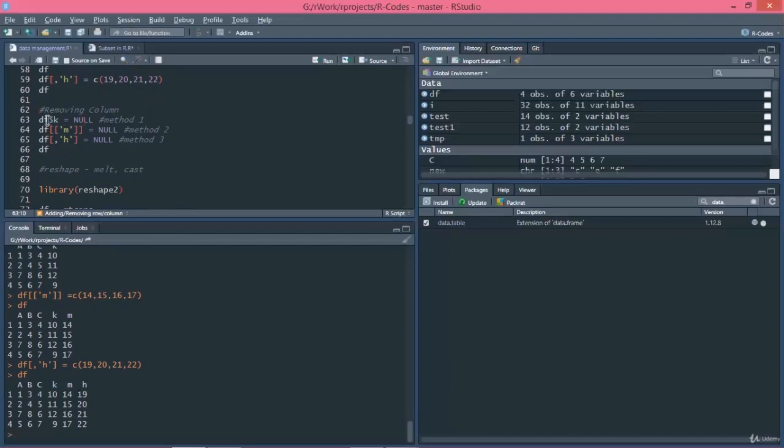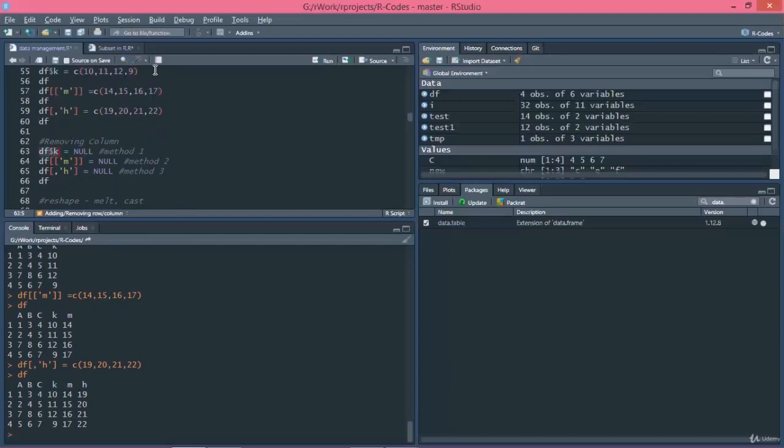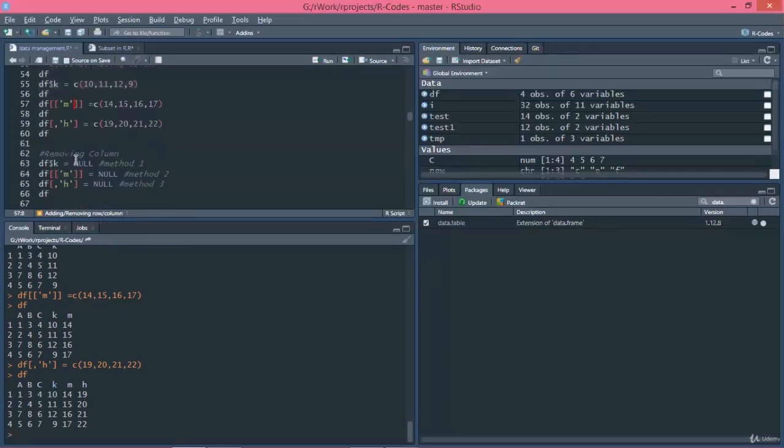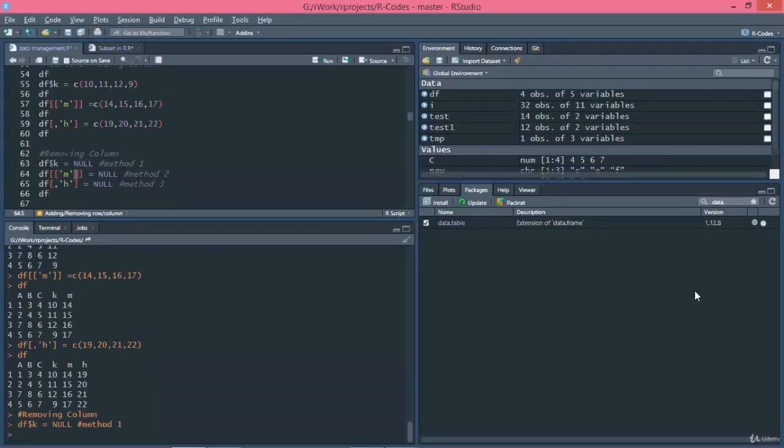Now let's remove these columns that we just created, that is k, m, and h. How will we remove? df $k, in a similar way to how we added the values. Now we will use NULL to mention that we need the column to have no values. NULL means it will be deleted. Let's execute this command. The next method is by giving the name in notation.